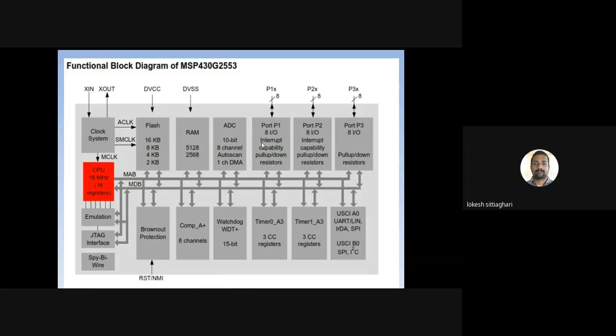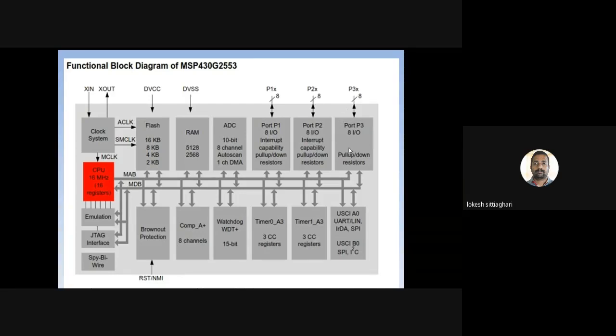You know about the interrupt capability: whenever an interrupt occurs, it will be activated and work according to the interrupt. So Port 1 has 8 pins available, which can act as input or output. Port 2 also has 8, the same way, so Port 2.0 to Port 2.7.